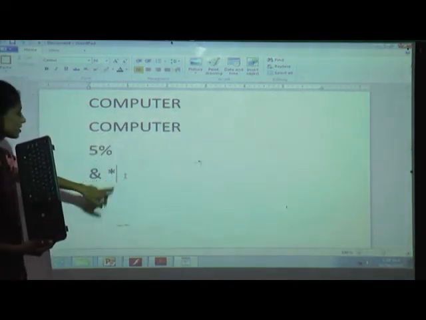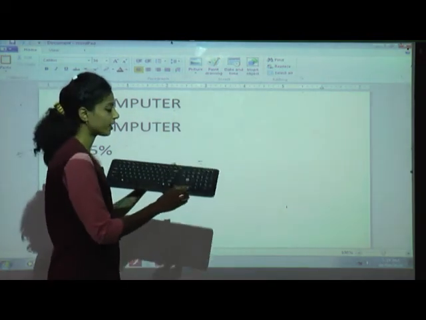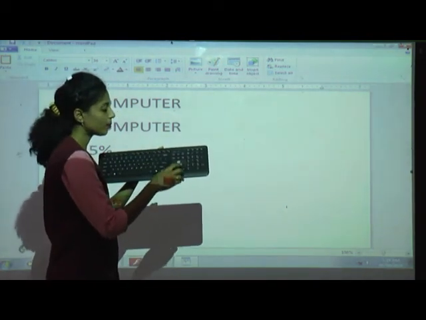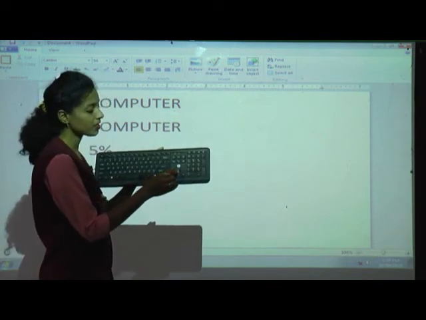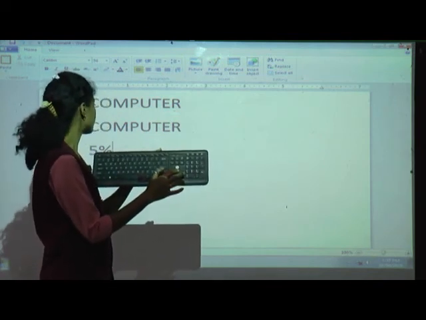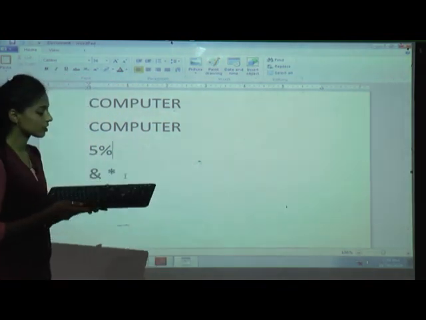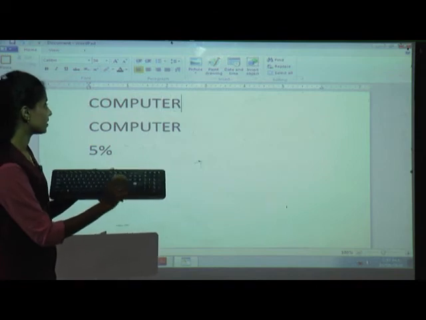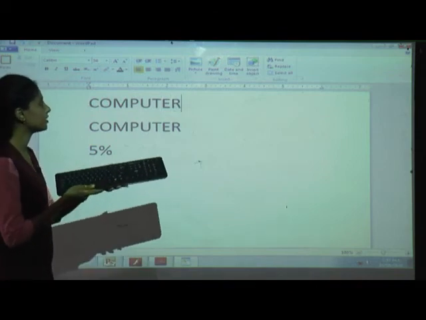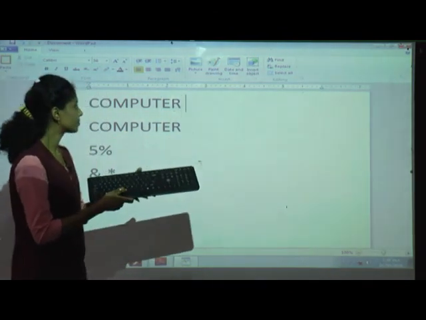My cursor is here. I want to go upper side. There are 4 arrow keys. Up, down, left, right. I want to go upper side. Then I must use the up arrow key. Then you can see the changes. Cursor is going upper side. Moving upper side. And if I want to write here only, then I will give a space.